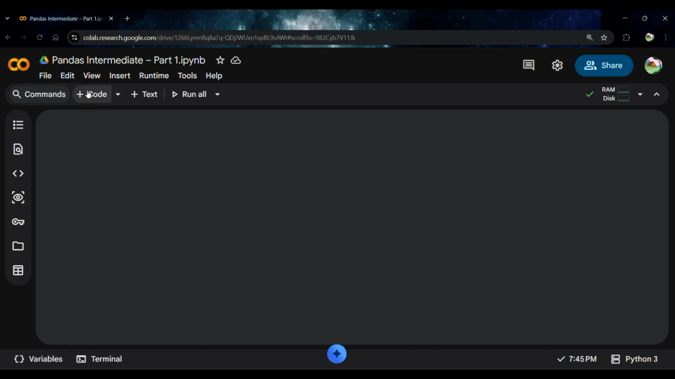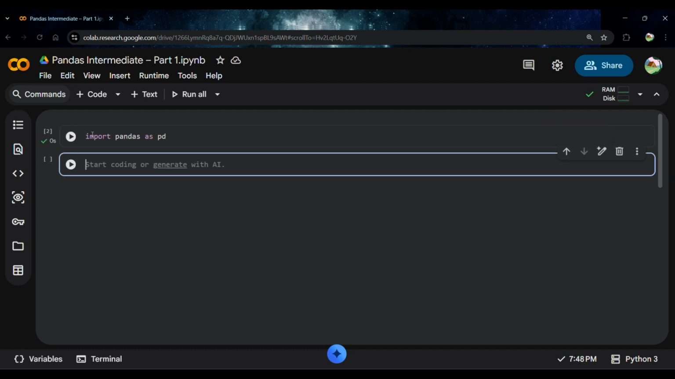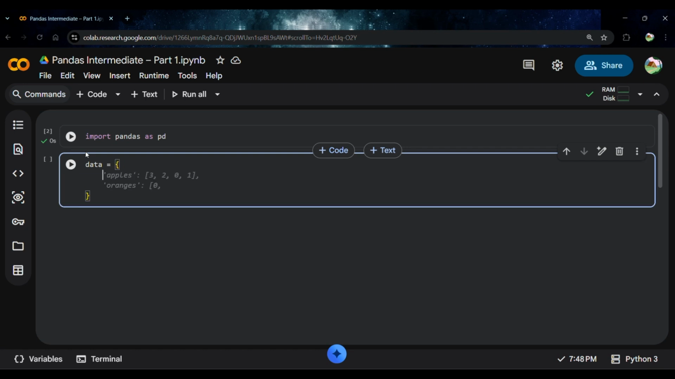Okay. First, we import the pandas library. As we know, pandas help us to work with structured data like tables, similar to Excel, but much more powerful. Okay. Now I'm going to create a simple dataset. Data equals curly braces with